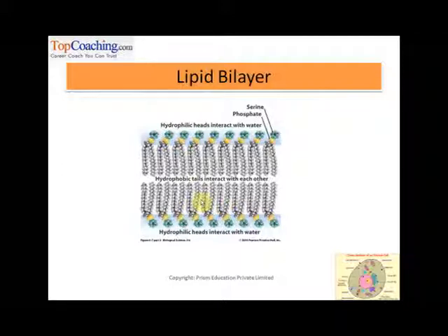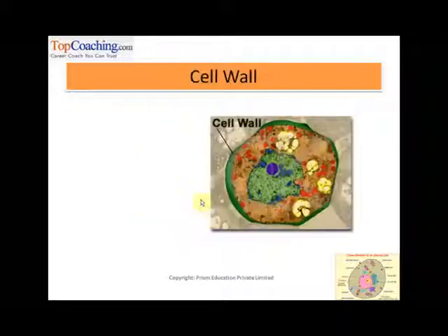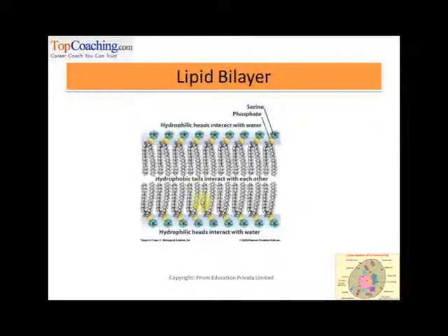Right. Now let us recall the basic functions of a cell membrane. Let us summarize them. First of all, it physically separates the cytoplasm from the extracellular environment. Secondly, it is selectively permeable. It has fine pores through which materials may pass in and out of the cell, right? And last but not the least, it protects the cell from the outside world.